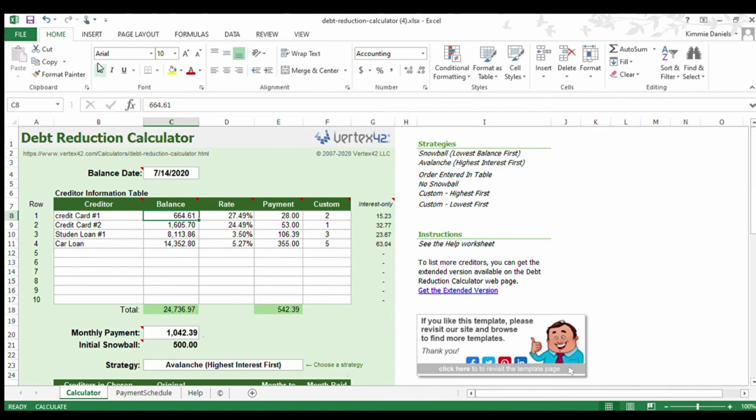And that one is going to be $6,000 with an interest rate of 19.8% and a minimum payment of $92. We're going to have credit card 2, which I just now realized I didn't have to change. This one is going to be $500 at 22%.